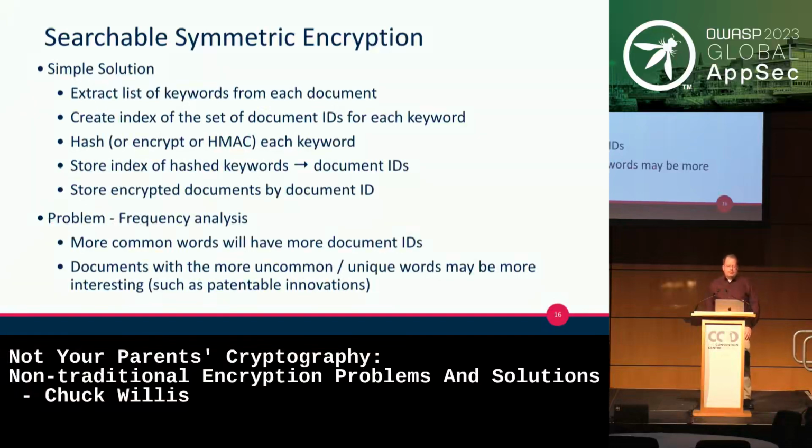The other thing to think about is the low frequency case. If you've got a very innovative solution to something you're patenting, or maybe a merger and acquisition that's out of the norm for your day-to-day operations, then that may have more unique keywords. That may signal to somebody who's looking at it that this is an interesting document because it has a lot of unique keywords, or keywords that are not seen in other documents. Now, granted, they still can't decrypt the document, so you can argue how useful that is, but it at least maybe gives them some information. Again, it's a trade-off.